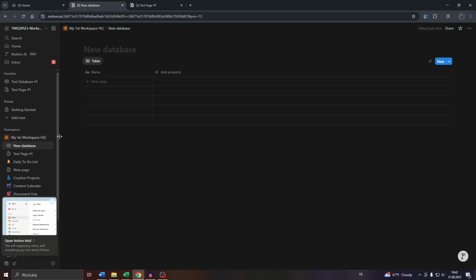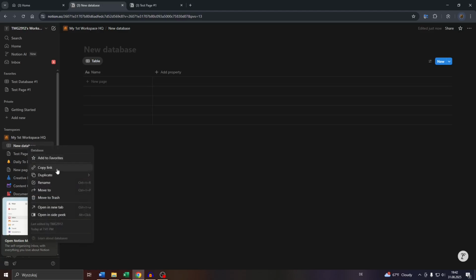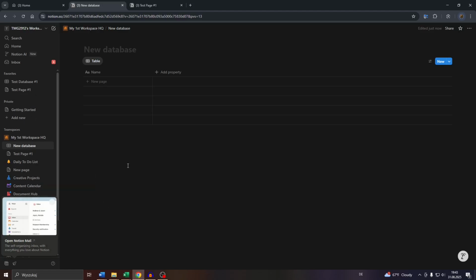You may simply add pages to your database here, or right click into your database here to the left and customize it. Copy its link to share that database with your coworkers in your project, move it to the trash folder, move it to a different location here, rename it, duplicate it, and so on and so forth. Okay, so that's how we create a new